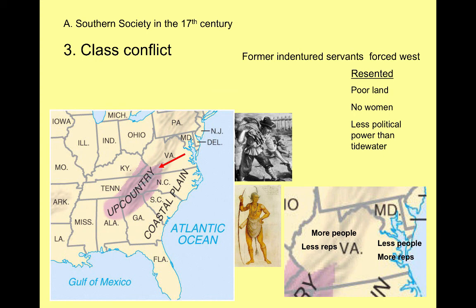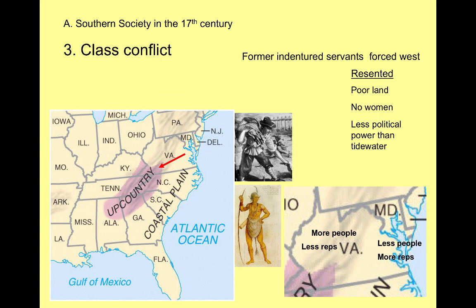Next, we're going to see also that this is reflected in the political structure. There's some political resentment. If you look at this close-up of what Virginia used to look like, we see that along the coast in the far right-hand corner, there's going to be less people because that's going to be dominated by the planter elite. They're going to be the ones that were there at the start of the colony or have most of the money. And then the indentured servants, when they're set free or run away and they move up into the hill country, there's going to be a lot of them. But the people who controlled the colony from the beginning are the plantation elite. And so they're going to make sure that the system is rigged to benefit them.